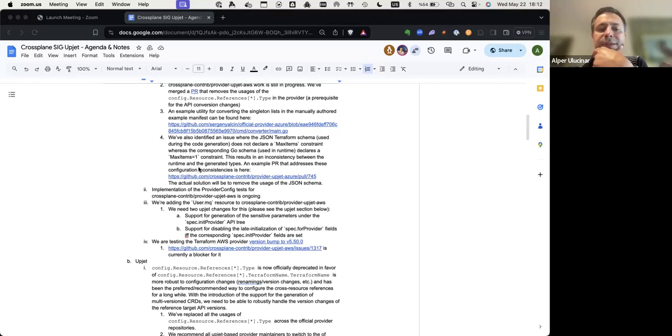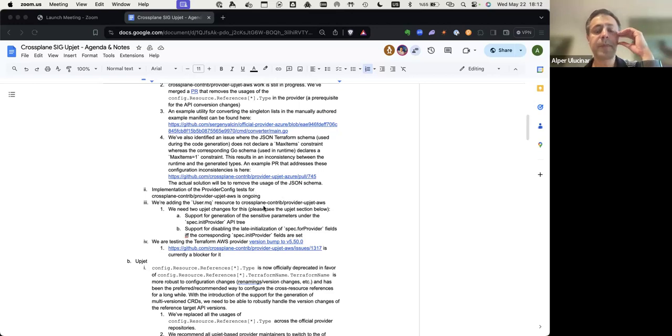And if this also happens to be the case in your provider, and if you also convert the single list into embedded objects, you can take a look at this reference PR to see an example of how to do this correction. This is probably, by the way, specific to the official providers, and it is very unlikely that you will encounter a similar situation if you do the conversion. But I included this example so that if you hit this issue,